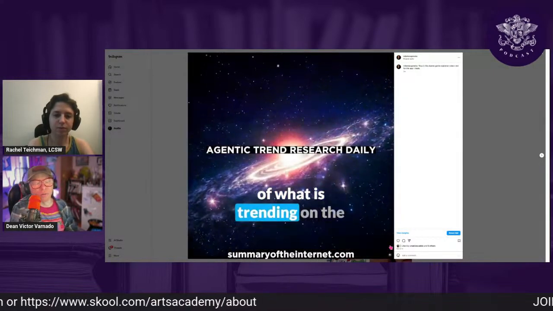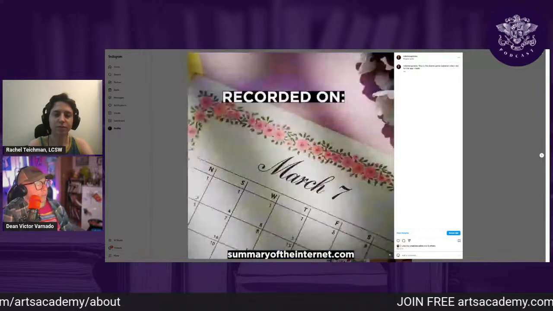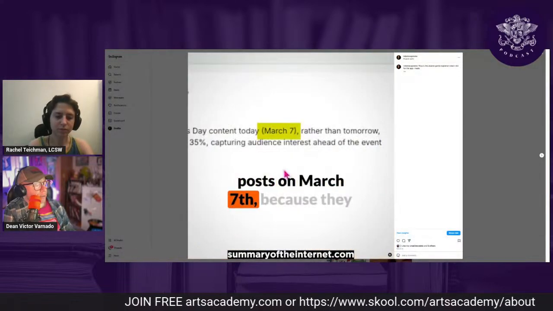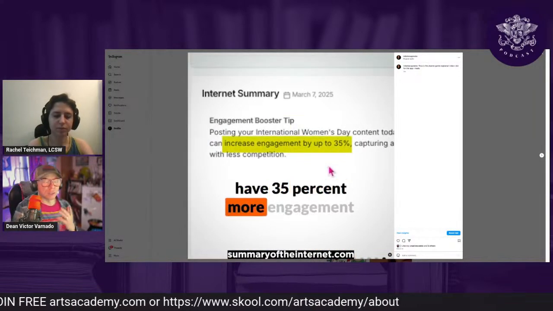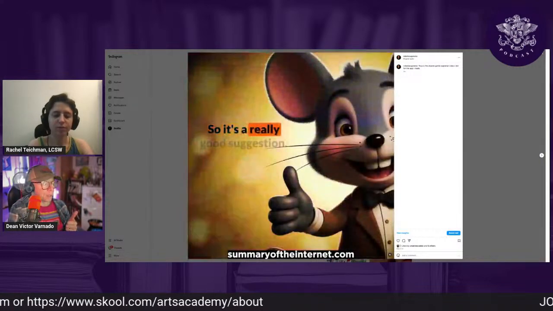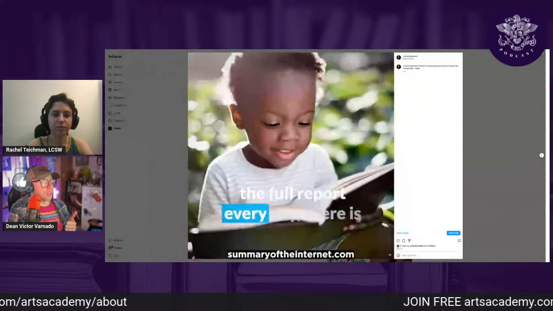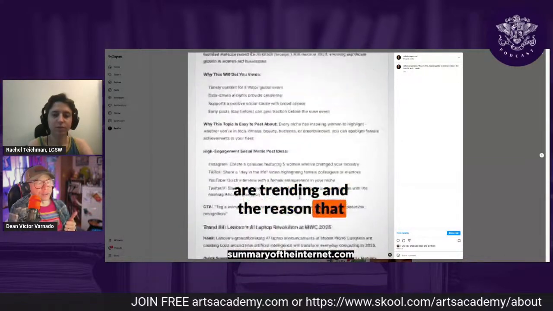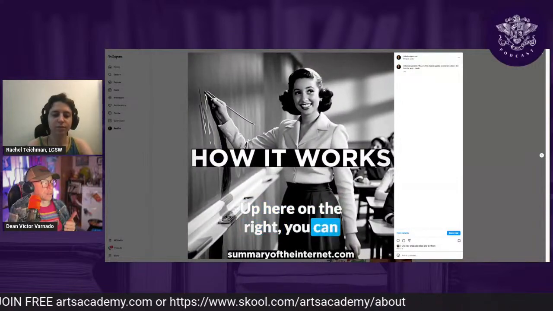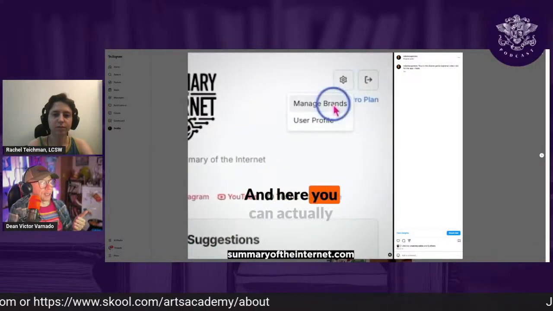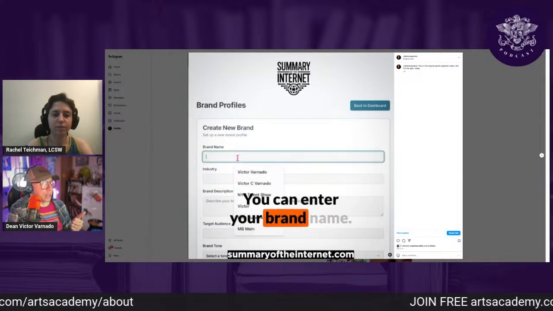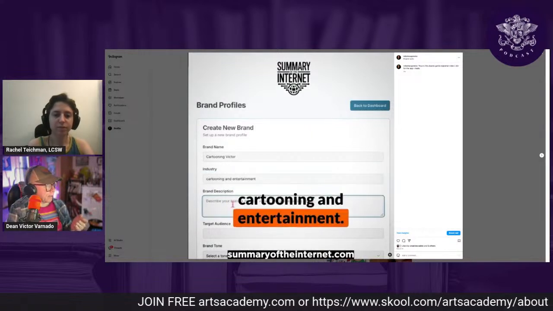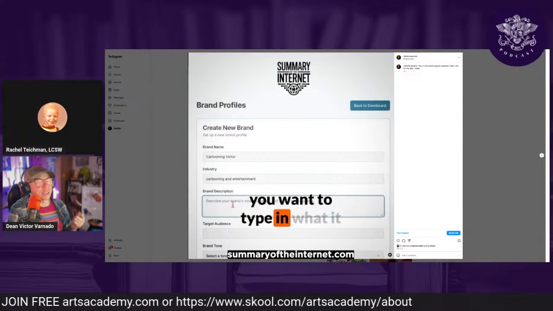Okay, so this is just a quick overview and tutorial of an app called Summary of the Internet. Now, this piece of content was made with AI. The music was done by AI, which is saying summary of the internet in the background. Two, every image that is not a screen capture is AI. Every single one, even stuff that doesn't look like AI, even old footage and everything. It's all created by AI. The captions were created by AI. The logo for Summary of the Internet was created by AI. And then I believe I cut down the script using AI.